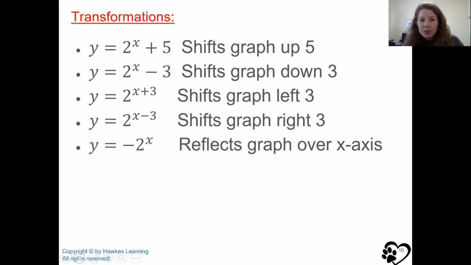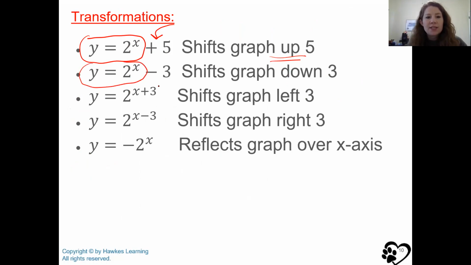So now I'm going to talk about functions. Basically, if you have your base function and you see something like +5, that is going to make your graph shift up 5 units. If you have your base function and then you see -3, that means that whole original graph is going to shift down 3 units. Now, if the +3 is in the exponent,